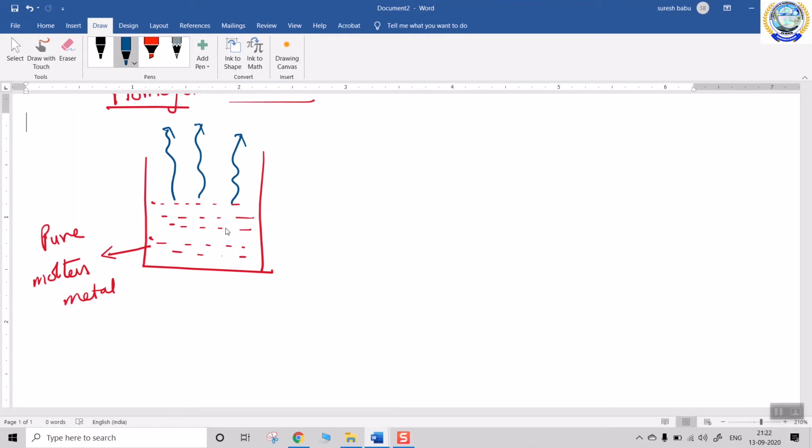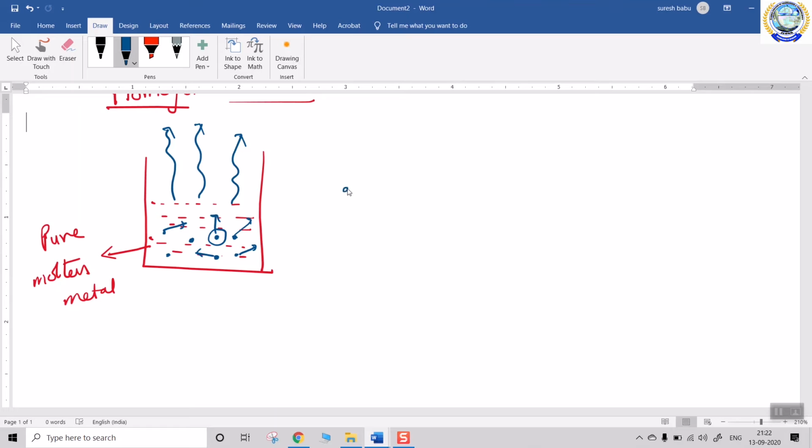So slowly what happens, the temperature of the system is going to be decreased. During this decreasing process, the atoms present in the liquid will move here and there because they are in liquid state. They will move with different kinetic energies. Whenever the system slowly loses its heat energy, the fast moving particles will be slowed down.